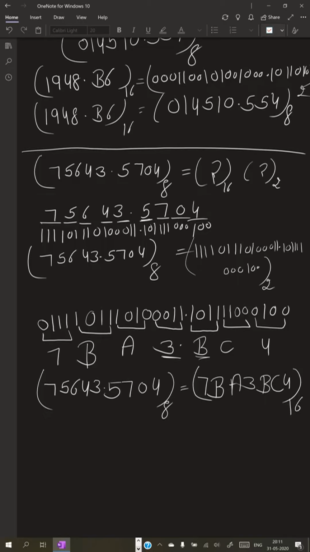So clear everyone, this is the conversion of any base to any other base.